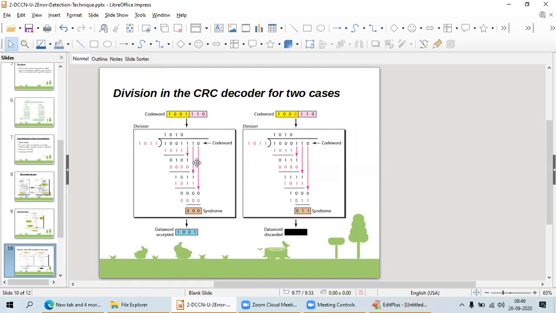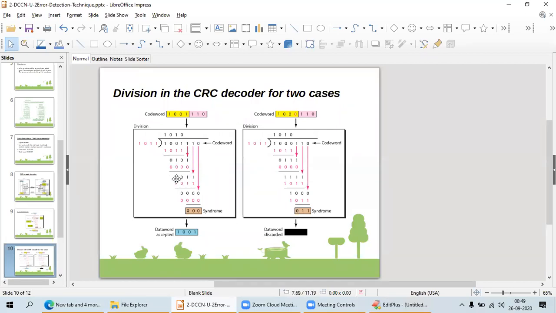I am shifting down the next bits, 1 0 1 0 0. Then I divide 010010, and next I take 0000 as the divisor. Now I got 101 as the result, and I shift down the next bit.